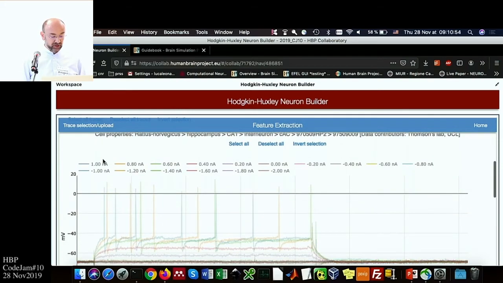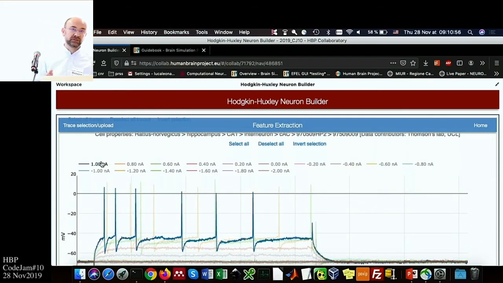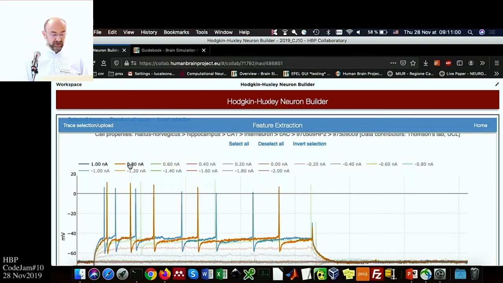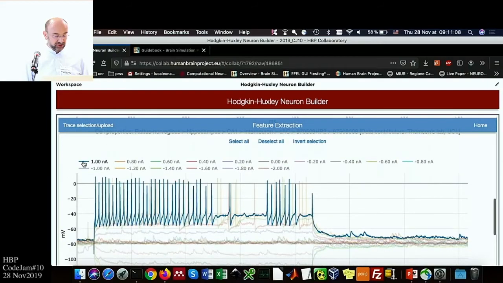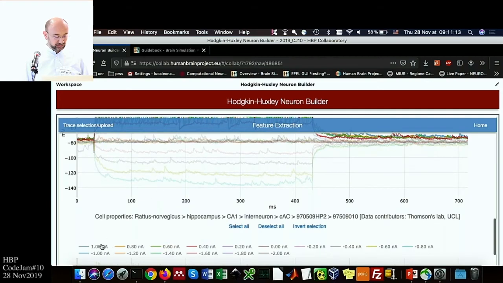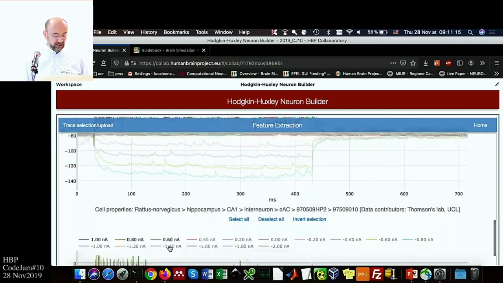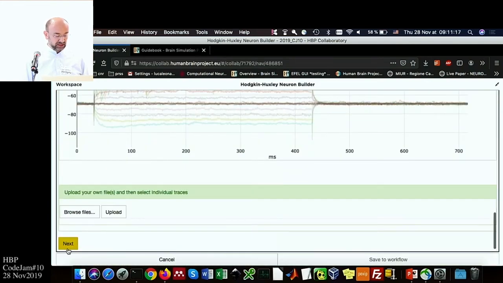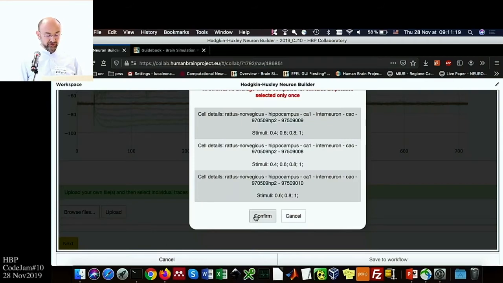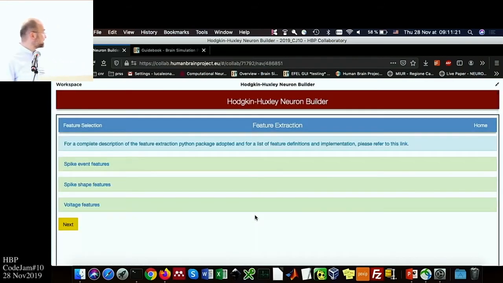So these are the traces, and now I want to select the stimuli that correspond to what I'm interested in. For example, the strongest stimuli I would say that produce some spikes, like these ones, for this trace and for this trace as well. Okay, I have 3 of them, and then I click next, I confirm,